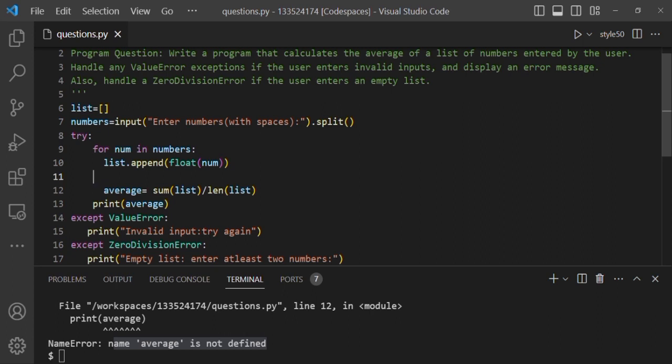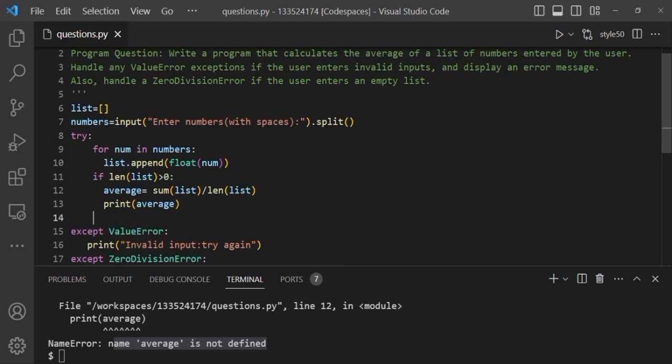So let's correct it and give the if condition outside the for loop: if len(list) is greater than 0. I use list here with the len function, because all the numbers are stored in the list. Inside this if condition I calculate the average and print the average, and after that I use another else block that is used to raise the zero division error,